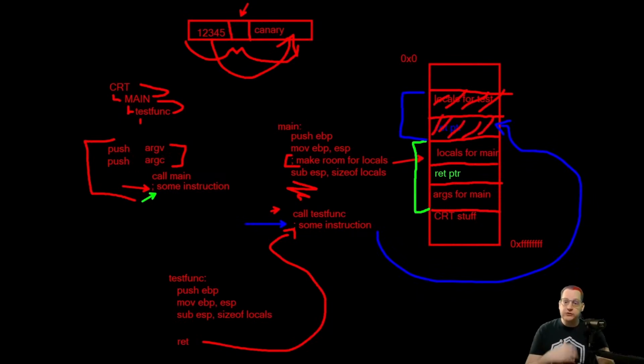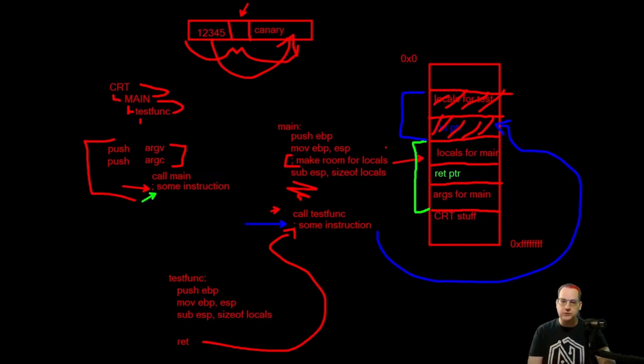This is how things like return-oriented programming, or ROP, get their start. We would write a value here that is some other code, a pointer to a valid section of memory that is executable, that does something useful to us as attackers. Now, return-oriented programming is going to be an exercise for another day. I'm not going to go into that in too much detail, but we are going to see some of these